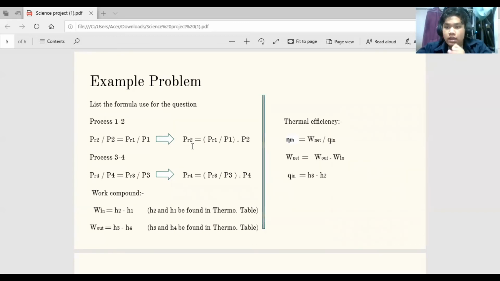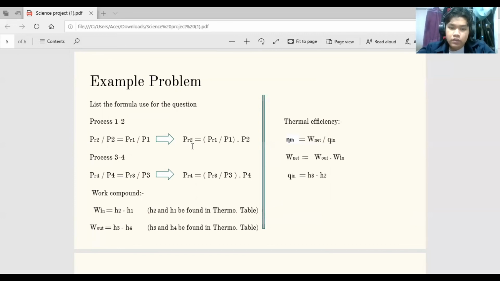First of all, before we move to the procedure solution, we know that there are four types of process. So we will divide it into two types, which are process 1 to 2 and process 3 to 4. For process 1 to 2, we know that the pressure for state 2 and state 1 is equivalent. So we will make a comparison to find the critical pressure at state 2, because in the question the values of pressure 2 and 1 are already given, and we can find the critical pressure in the thermodynamic table, which is A17, if I'm not mistaken, under the table of